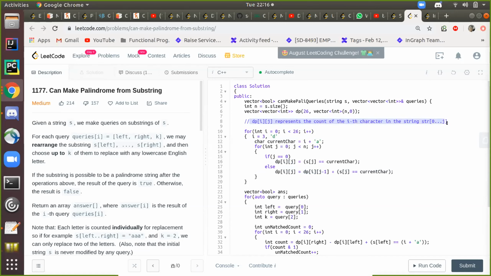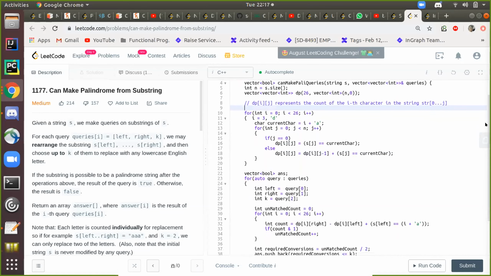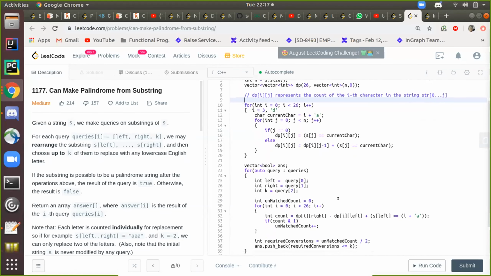So the outer loop is traversing from A to Z, and every time you take the first alphabet as A, then you go through the whole S from j to n, and keep incrementing the values. Okay, I got it. The rest is almost the same.